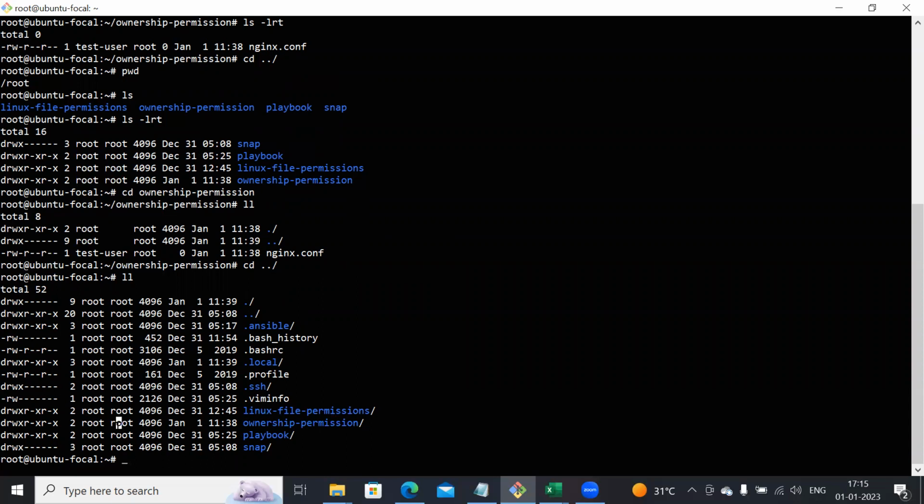So now how can I change the permissions of the entire directory? It's pretty simple. chown, right? You have to give capital R. When you say R, you update the permissions recursively. And when I say recursively, whatever files exist in this ownership permission directory, all those files will have the ownership for this particular user or the group that you're going to mention. So I'm going to give test-user and colon